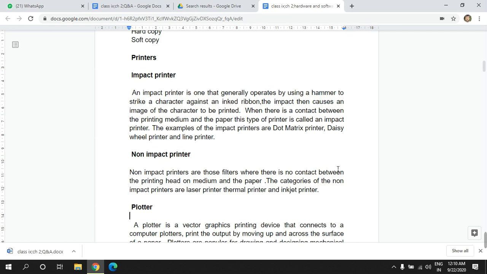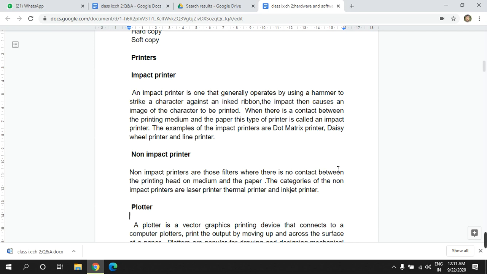So the image of the character is printed on the paper. The impact printers are divided into three major categories: the dot matrix printer, daisy wheel printer, and the line printer. Most of these printers are comparatively slower than the non-impact printers, and the dot matrix printers especially used to make a lot of noise.